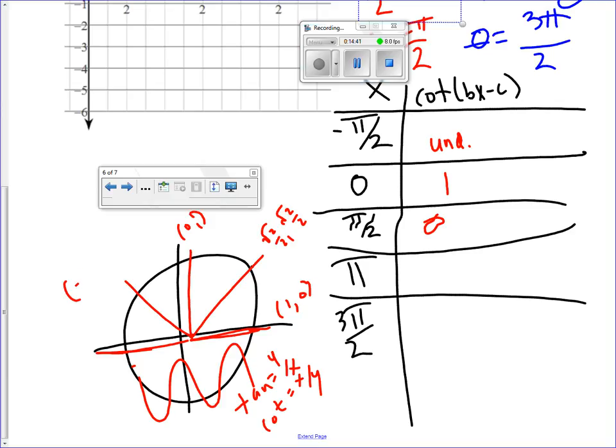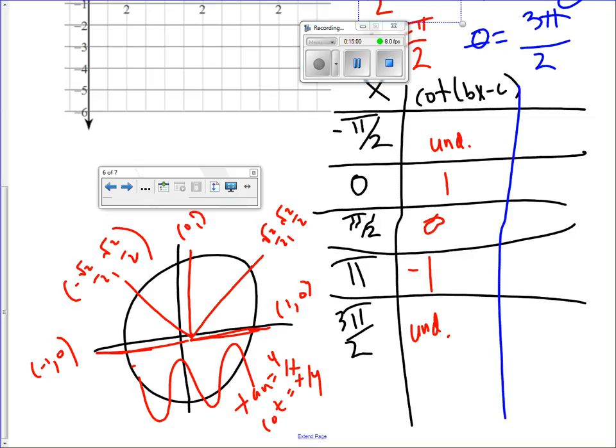The next spoke, x divided by y will be -1. And then the last one, x divided by y. Again, we have division by 0, undefined. We have another asymptote. So now we're going to continue on just like we've done for every single graph. We're going to consider A and D. So the A value,